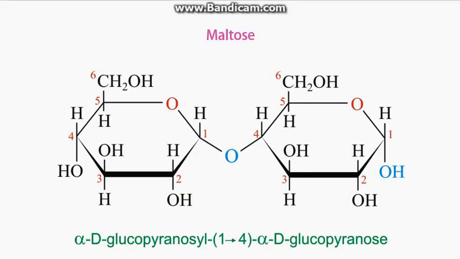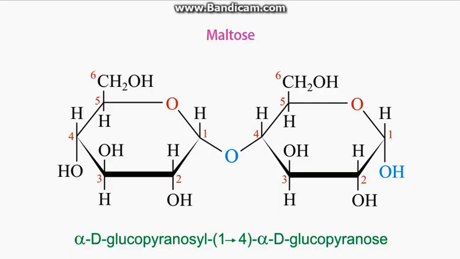Now let us see an example of maltose, which is a disaccharide. Maltose, as you can see, is made up of two glucose units. One glucose unit is linked to the other glucose unit by the first and the fourth carbons, so that you can very clearly see in the name of the compound itself. Now let's see if this sugar has a free anomeric carbon or not.